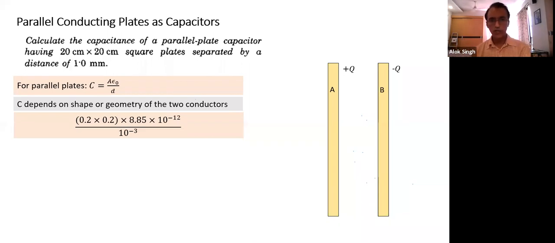What I notice here is that this value will come to be an extremely small number. The example I have taken illustrates the fact that for practical capacitors, the unit farad is an extremely large unit. Typical capacitances are of the order of nanofarad, microfarad. If realistic capacitances are there, farad is too large a unit. More practical units are in the order of micro, nano kind of thing. Okay.